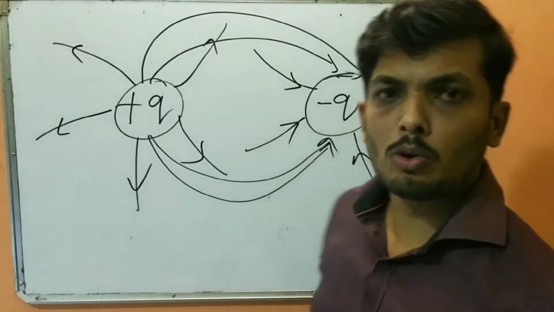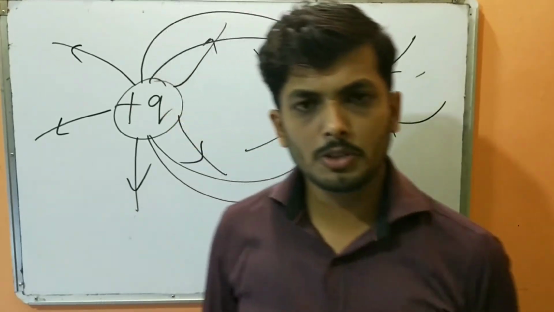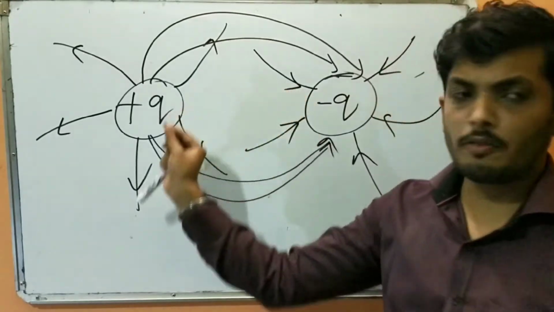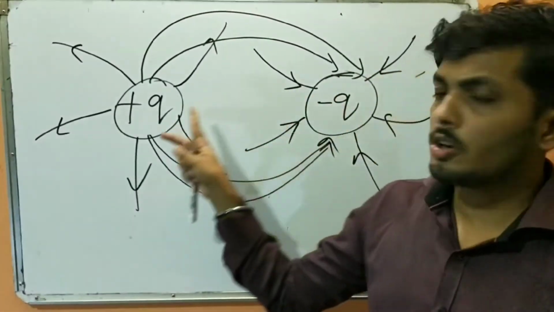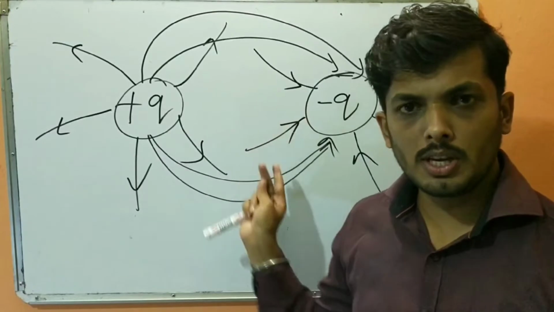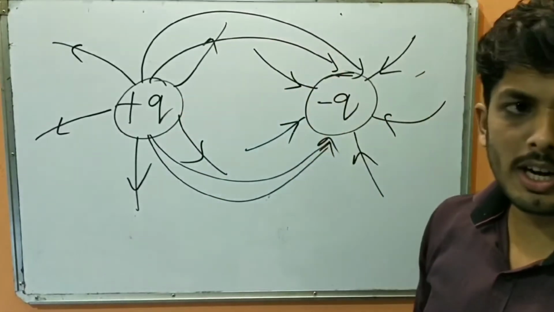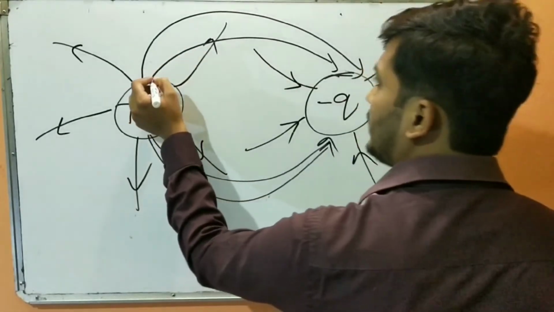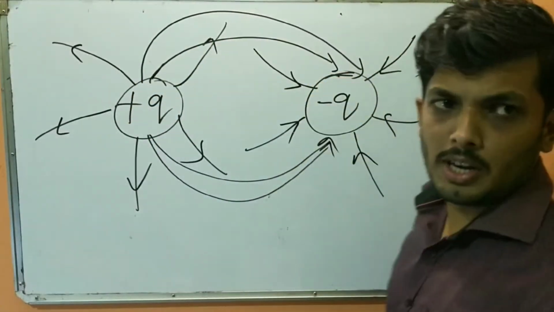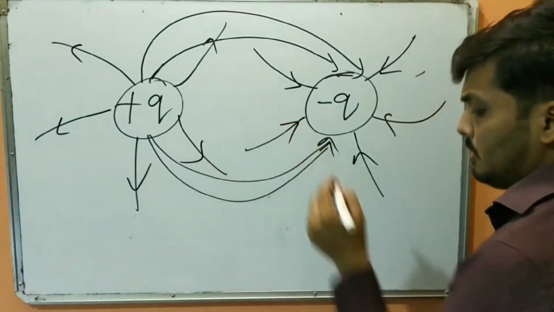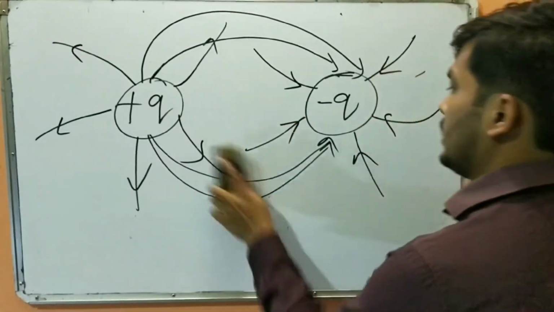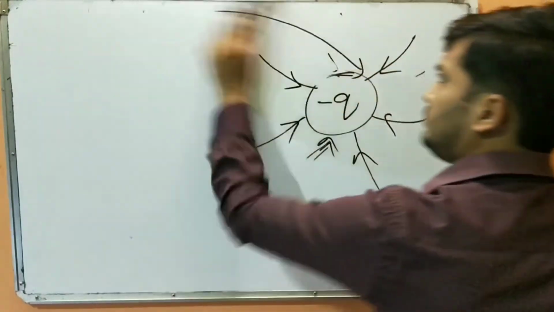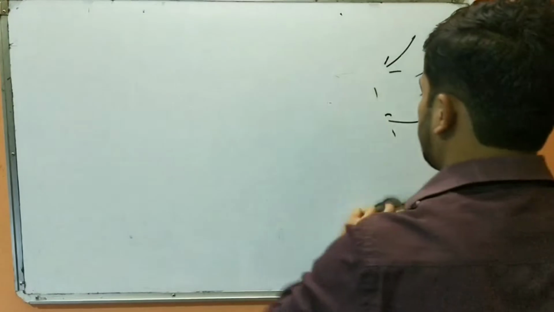So will you be able to draw a diagram for any number of charges? Because they may ask it for 1 mark. So you should be able to draw the electric field lines for a negative charge, or the system of positive and negative charges, or both the two charges. If you look keenly into the diagram, and we'll come back to the properties, what I wanted to tell you is that two electric field lines will never intersect, and they will never form a loop. Or else they would meet at a common point, which will be tangential to the direction. So have you understood this?